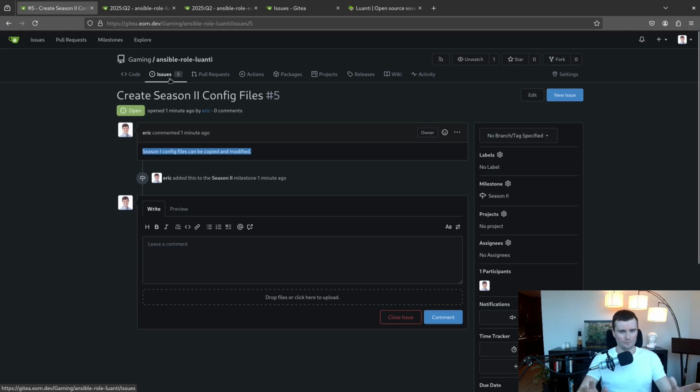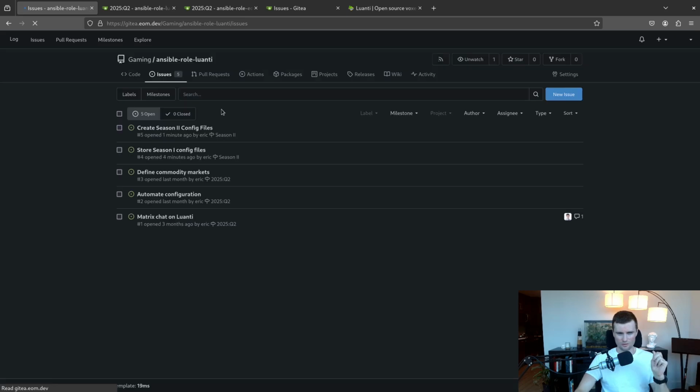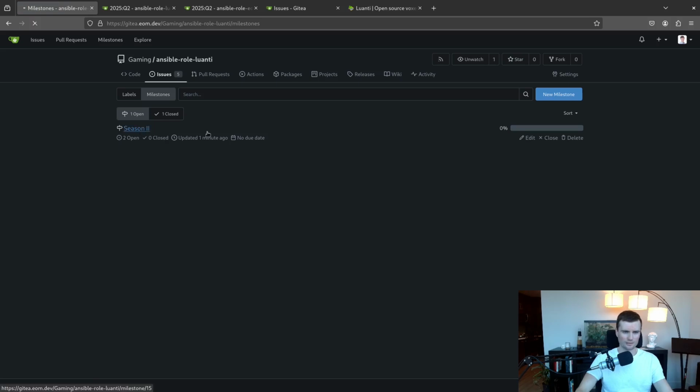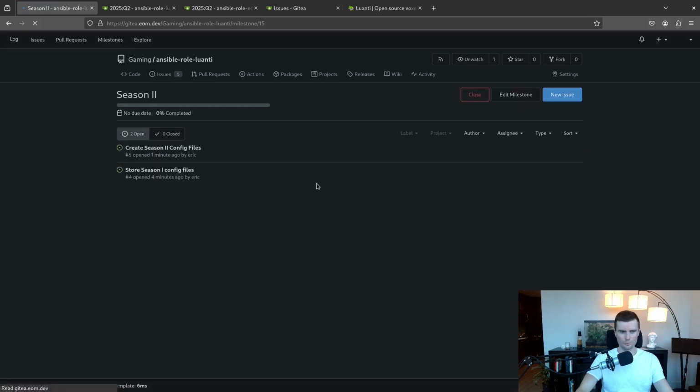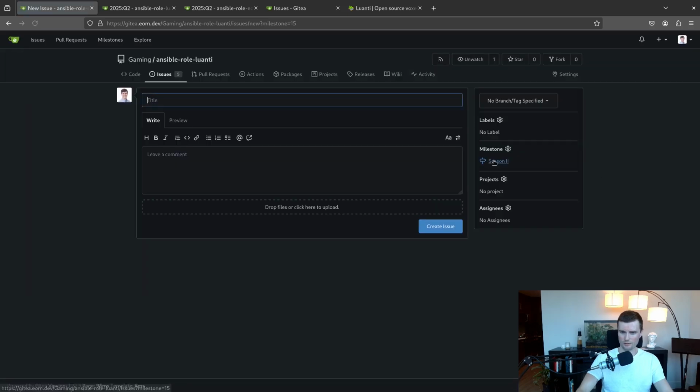Okay, but creating the season 2 config files does require me to do a few other things. I need the milestone. No, I don't think I actually needed that, because did it auto-populate that field with the milestone? It does auto-populate this field. Okay, so that's interesting. So I need to get the mods sorted out for season 2.